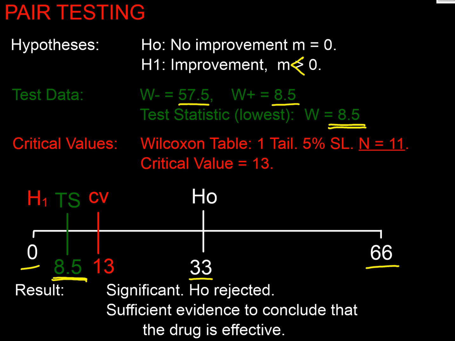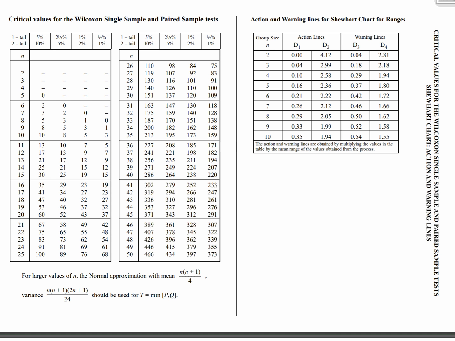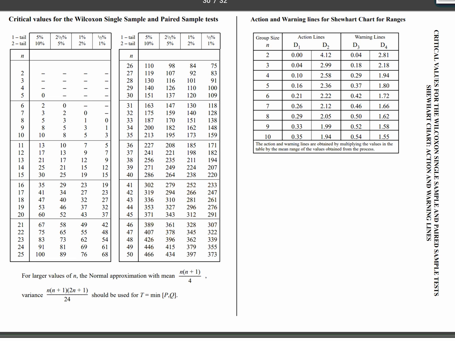Okay, then we need to get the critical value from the Wilcoxon table. So here it is in the MEI tables. We have a sample size of 11 now, so we're coming down the first column till we get to the row with 11 in it. Remember, we had 12 items and we discarded 1 because it had no difference, so there's our 11. Then we need to decide, well, we had a one-tail test at 5%, so we need to decide which column that is. That's going to be one tail 5%, so that's the first column, so I can come down and see the intersection of the first column with the row with 11 in, and I get a critical value of